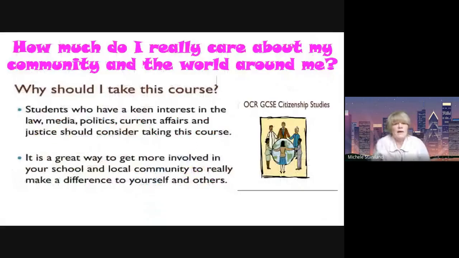You have to think about how much you really care about your community and the world around you, and why would you take this course, and why should you take this course? If you are interested and you care and you have passion and you want a voice, you want to make a difference in your community and the world around you, then you need to have a keen interest in law or media, politics, current affairs, things that are happening now, issues that are happening now, and the justice system, the